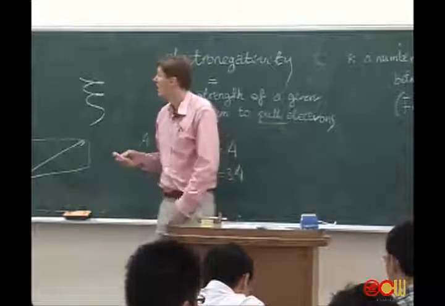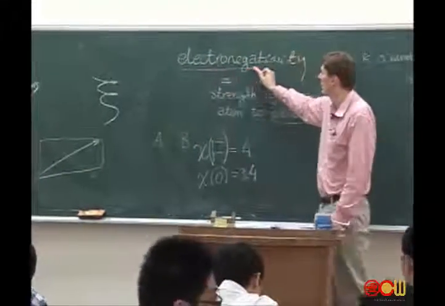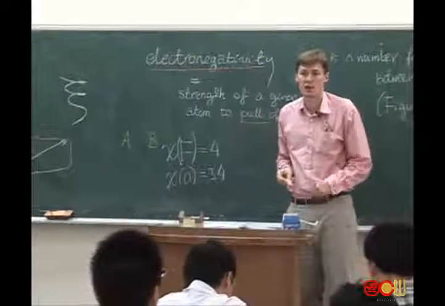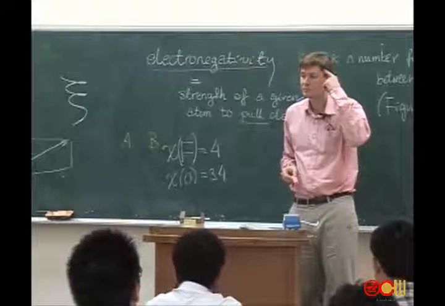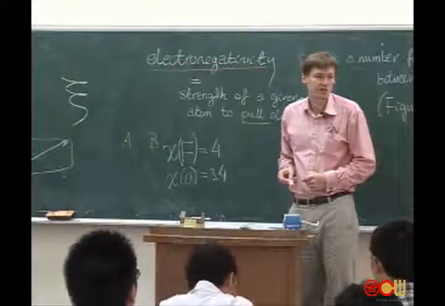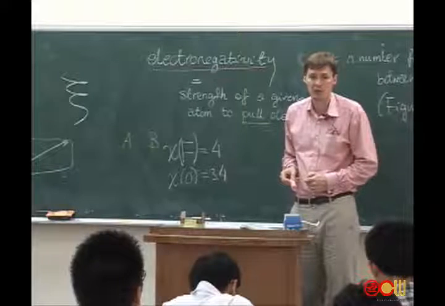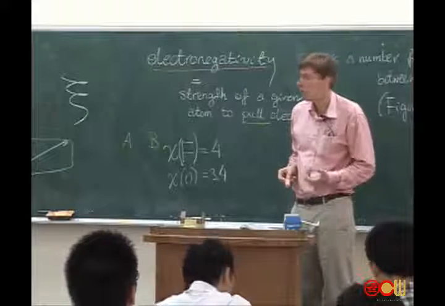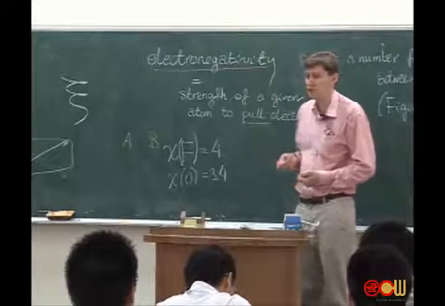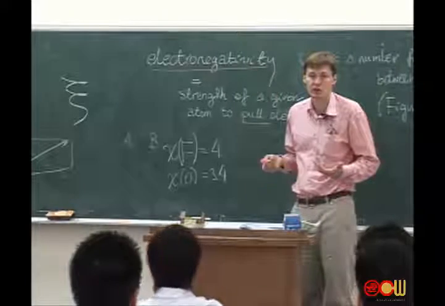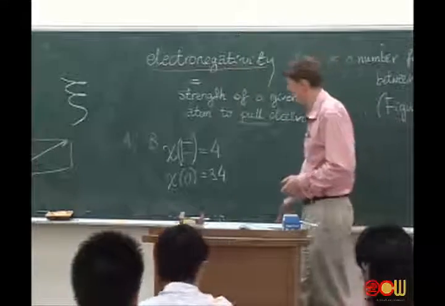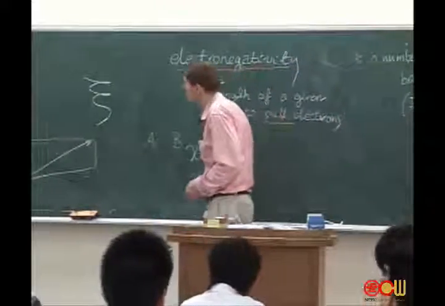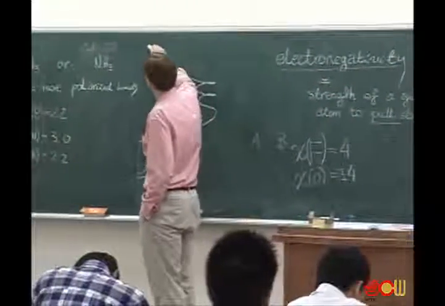Now, next thing, electronegativity is nothing real. It's only in our head. It doesn't exist. Nature doesn't know about electronegativity. So, if nature doesn't know about electronegativity, we cannot measure it. So, it must be defined. And the definition of electronegativity is